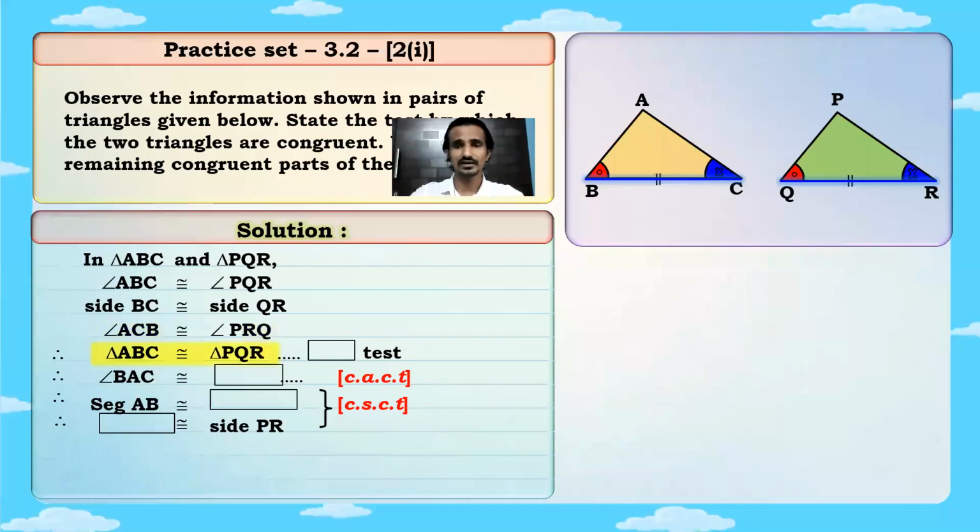Which test is here? Which test is applicable here? It is, yes, correct. It is ASA. So in the box we'll write ASA. All right. Now understand this. यहाँ तक हमने बहुत सारे क्वेश्चंस में किया है. अब टेस्ट लिखने के बाद जो आगे वाला पार्ट है ना, ये जो 3 लाइन्स हम लोग लिख रहे हैं, we are writing the remaining parts. Okay, in these 3 parts we are writing the remaining parts.